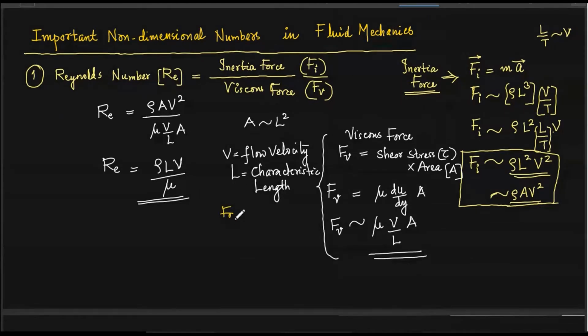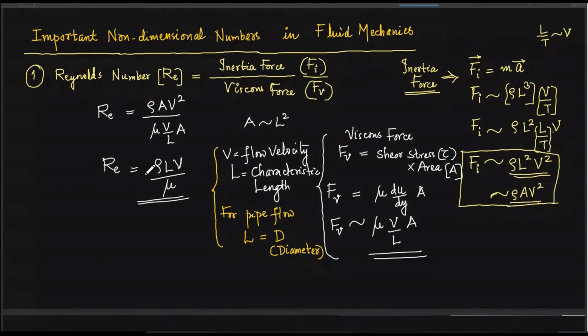For example, pipe flow: the characteristic length L is equal to the diameter, either capital D or small d. Rather than the length of the pipe, the prominent characteristic length for pipeline flow is the diameter. For boundary layer flow, the length in the flow direction is to be considered. For example, when you consider flow over a flat plate in the X direction, the distance in the X direction, that is the length of the plate, has to be considered. The direction along which the flow proceeds has to be taken as the characteristic length.